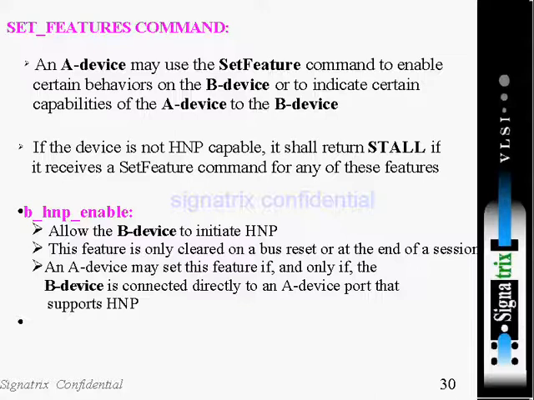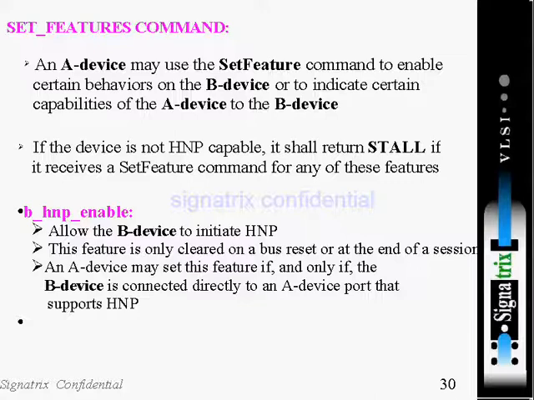Now, what's your question? Okay, suppose we are connecting one printer and one mouse in a USB system. The printer is an output device, sending data from the system to the printer. Then the mouse is an input device. At the same time, there is only one host. Our PC is the host.